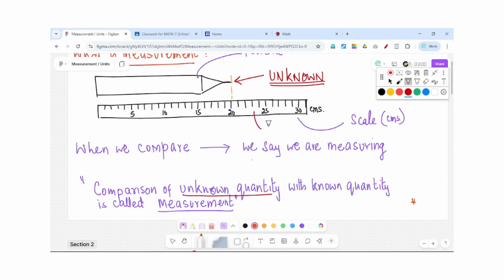Whereas this is a known quantity, because we know how long 1 centimeter is. So we are comparing an unknown quantity with a known quantity, and that is what measurement is. So we can define measurement as